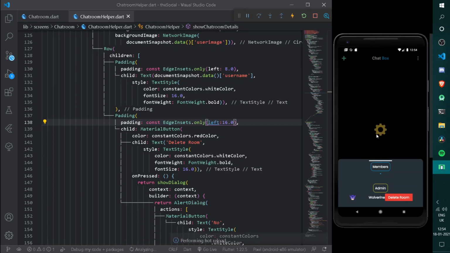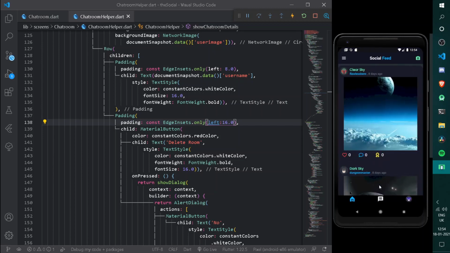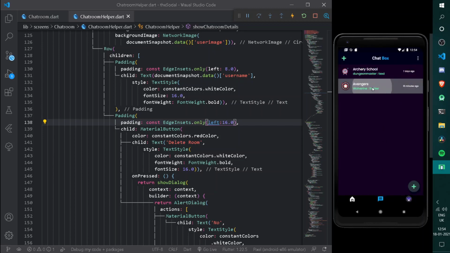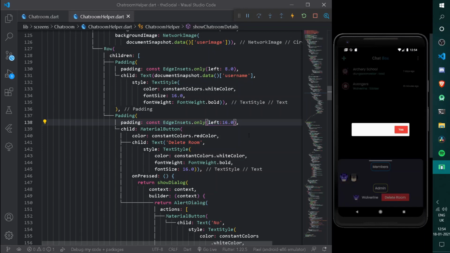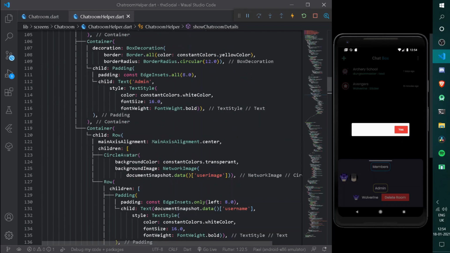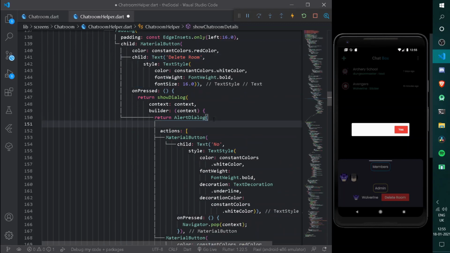Let's try opening it one more time. Alright, let's now enter into it, but simply long press over it. So now on delete room, we are simply getting our entire alert dialog. Cool. So now I can simply do one thing, under my alert dialog here I can be simply having a background color for Colors.dark color.